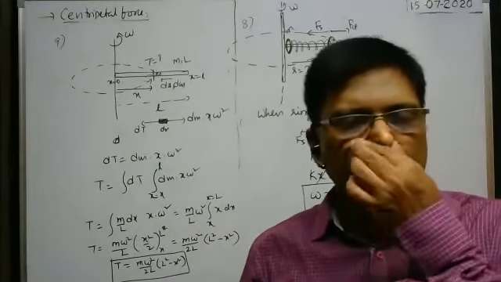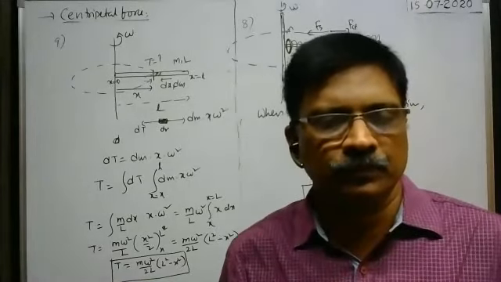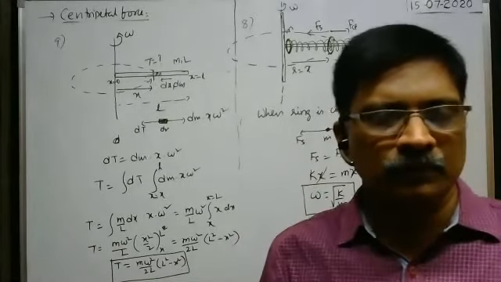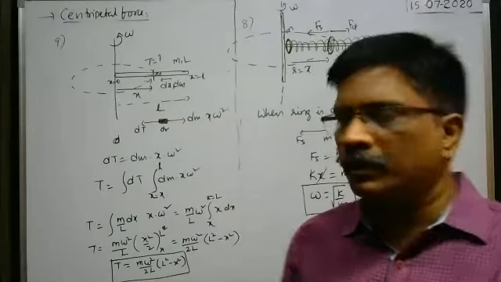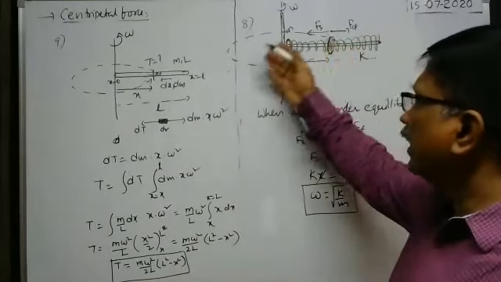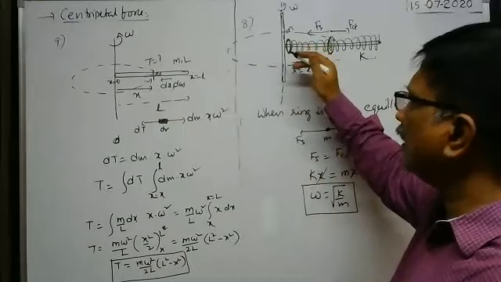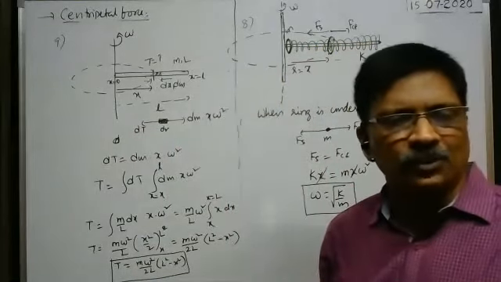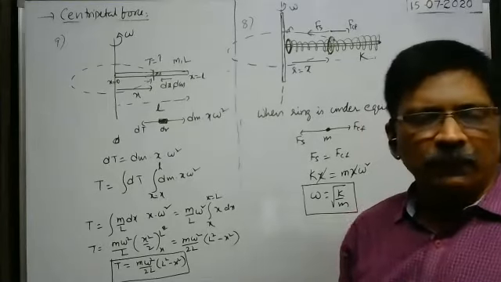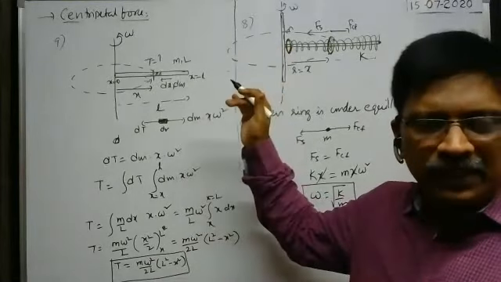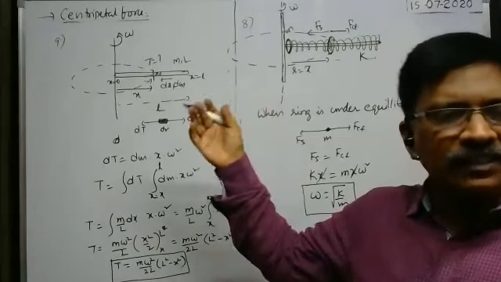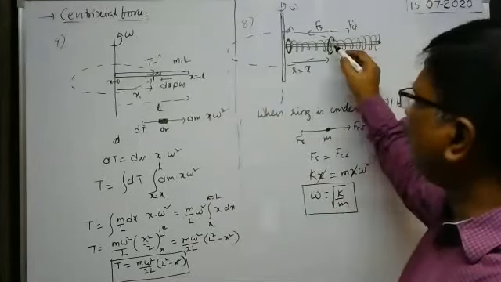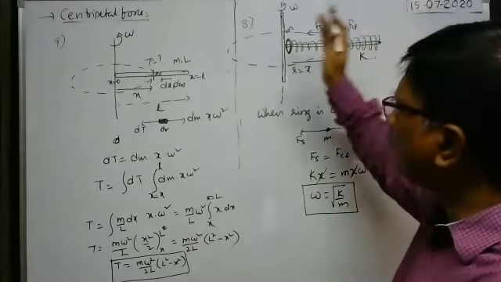Okay, Ashraf Khan. If it is rotating in clockwise or anti-clockwise direction, the direction of the centrifugal force is always away from the axis of rotation only. If it is rotating clockwise or anti-clockwise, the angular velocity direction changes, but the centrifugal force is always acting away from the axis of rotation.